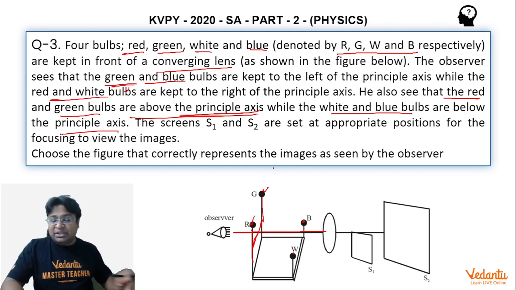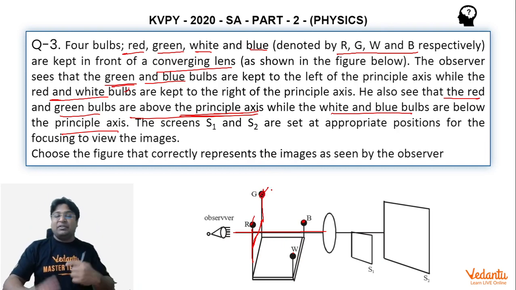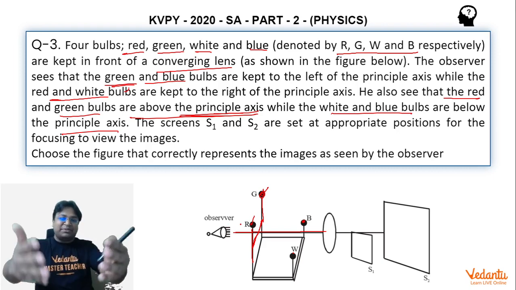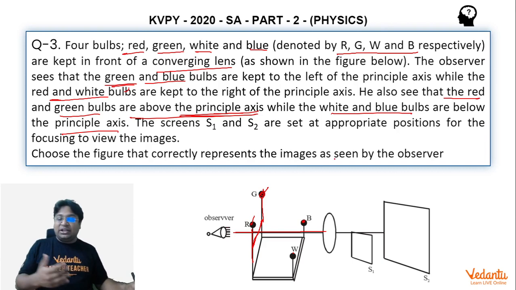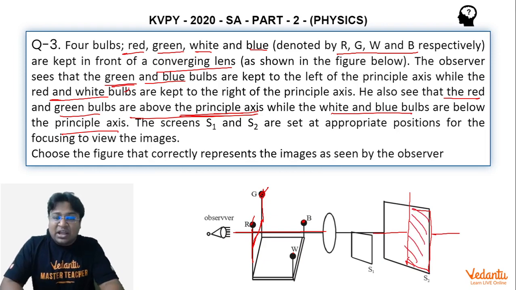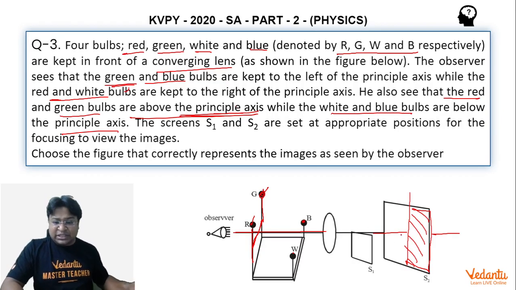We know that the images would be inverted, which basically means that the position of the green bulb and its image relative to the principal axis would be opposite. So if this green bulb lies to the left of the principal axis, that is away from us, behind the principal axis as seen from our location, then the image will lie towards us. So I am looking for a situation in which the image of the green bulb would lie on this half of the image. Now this should conclusively eliminate one of the options. Let's see. Okay, so yeah, the green one was formed here.